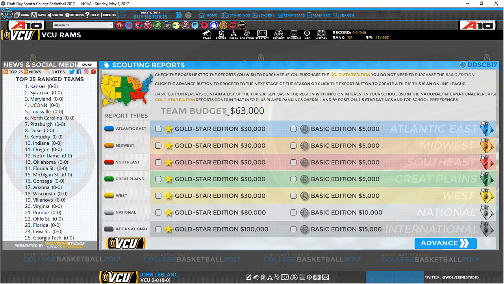Basically, the rule of thumb, and there's no right or wrong for this, but from what I've been reading online, is you want about $40,000 left when you hit recruiting. Okay? So, I like the gold report. I like the additional information that it gives you. The lower your prestige, the lower your budget, the less you're going to be able to possibly recruit. Also keep in mind, even the basic edition is the top 200 seniors